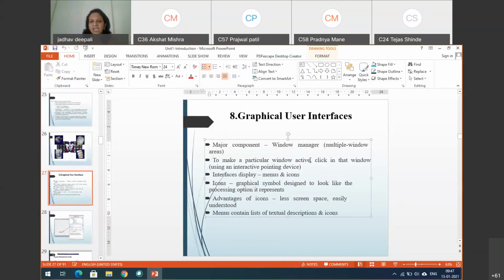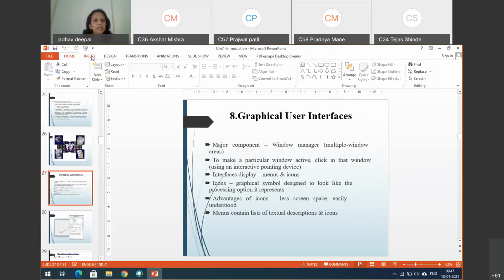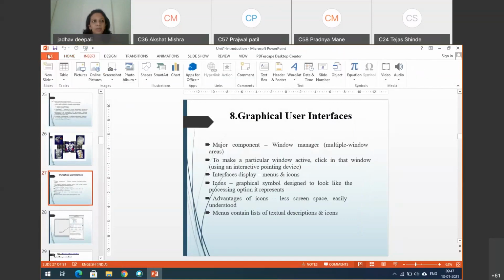I am using a mouse here. I click here, so this window is activated. Suppose I want to activate this one. So I click here, and this window is now active. Suppose I click here on insert, this window becomes active. I click here, this becomes active. Have you understood? This is one example, and in our computer systems these multiple window applications are available everywhere. If you are using Turbo C++ or .NET, windows are available. Now we are going to see Blender and Scratch, multiple windows are there. You only have to click on the window, and that window becomes active.